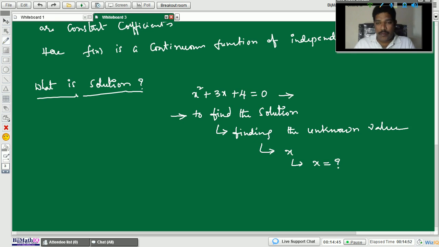Already at the elementary level we know how to solve this type of equation. How do you solve it? For example, x square plus 3x plus 2, we can factorize this equation. What will we get? x plus 1 into x plus